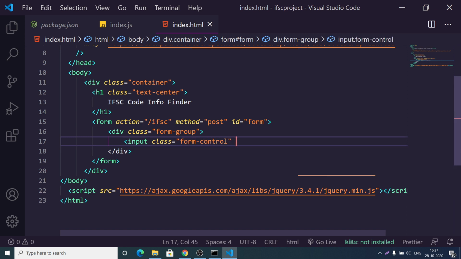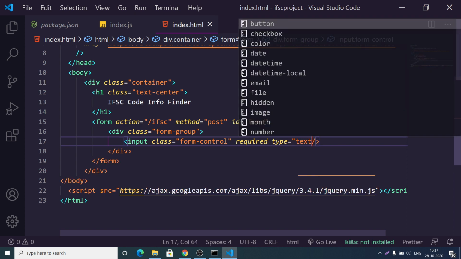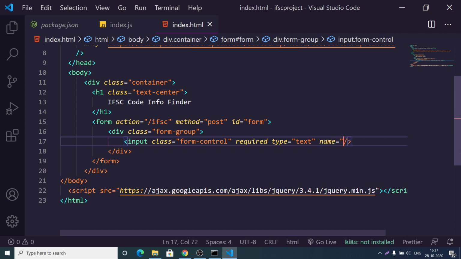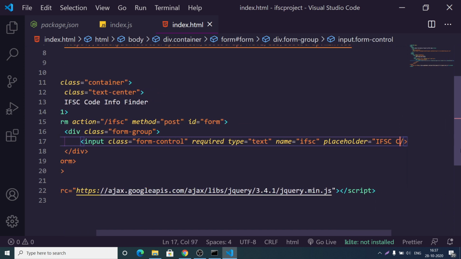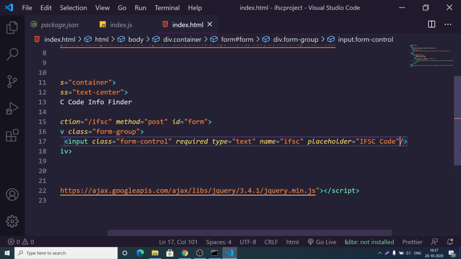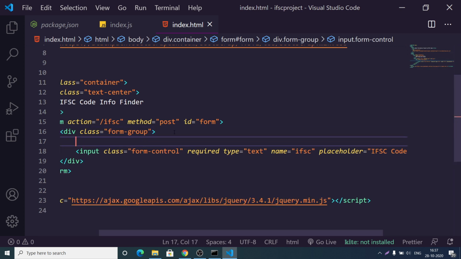It should be required, for validation. Type will be text, and we will give a name attribute of IFSC, and a placeholder also, IFSC code. And we can even give a simple label also, just for user understanding. This will be IFSC code.